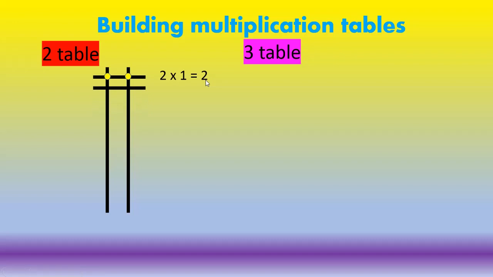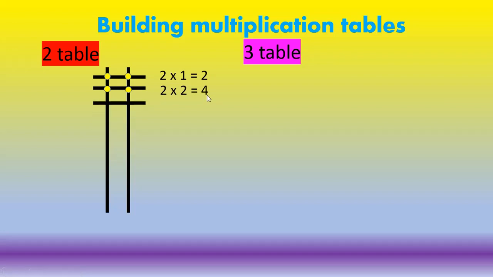Next, one more horizontal line. Here again you can see two more midpoints that you have to mark. Now two vertical lines and two horizontal lines. So all together how many dots? 1, 2, 3, 4. So how to write it in the table? 2 2s are 4. 2 vertical lines, 2 horizontal lines. So the midpoints all together are 4. So 2 2s are 4.